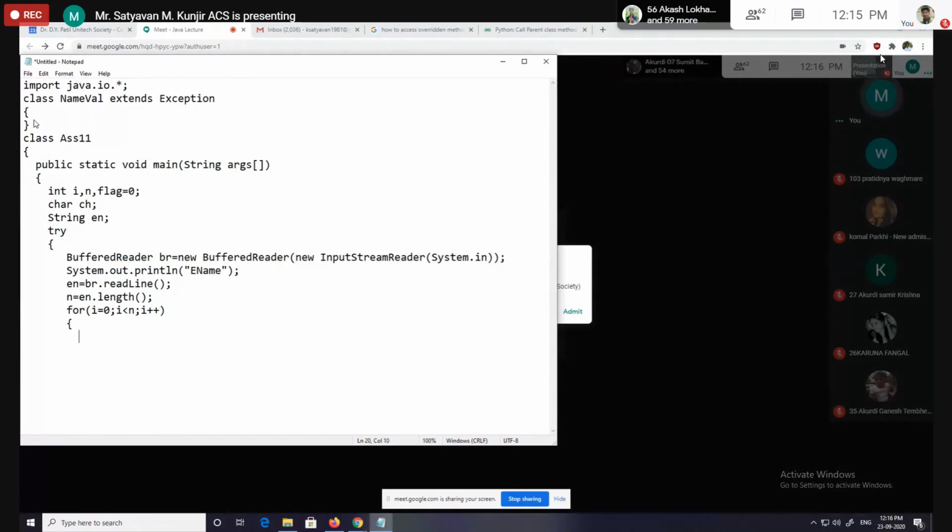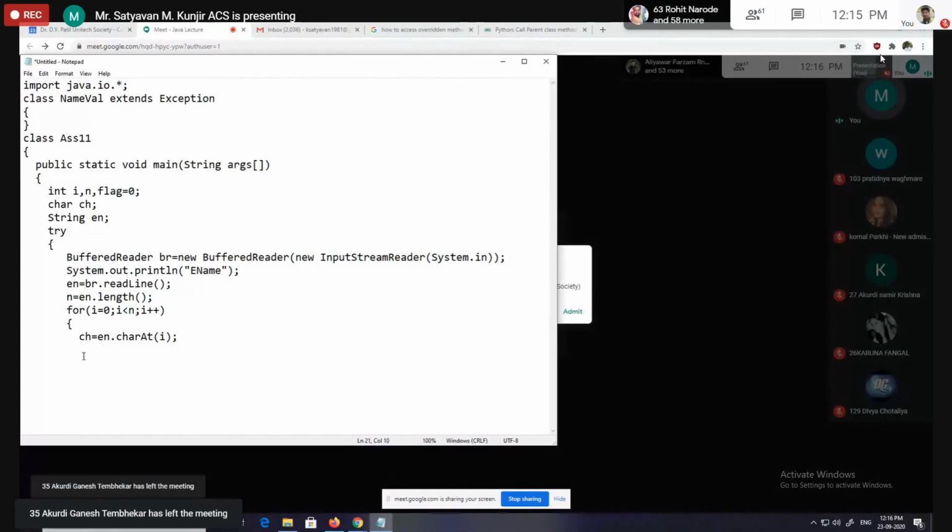Then here ch equal to en.charAt(i). charAt is a method. It returns a character which is at given location. Only index we have to pass to the charAt method. Then it will return a character which is at ith location from a string en.